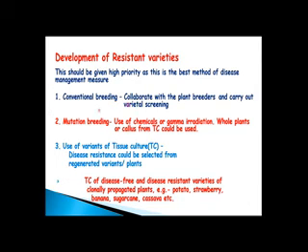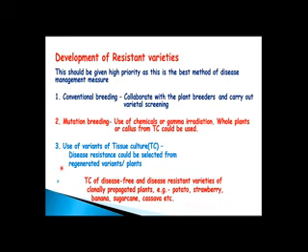And the first one is conventional breeding: collaborate with plant breeders and carry out varietal screening, and mutation breeding also with them. There is very good teamwork in rice and development of rice varieties. So likewise, the plant pathologists should give high priority to development of resistant varieties, mutation breeding, and use of variants of